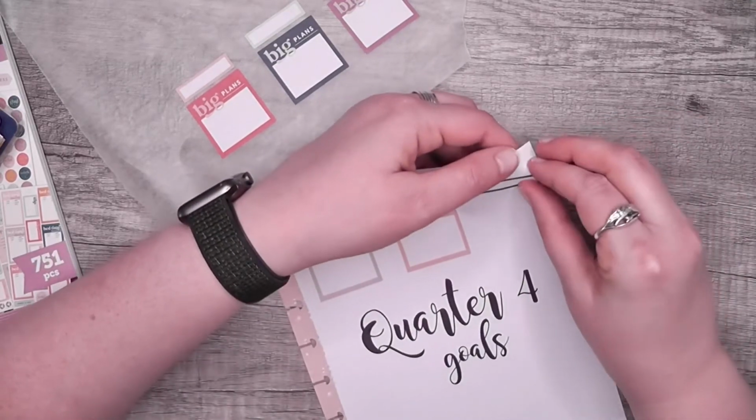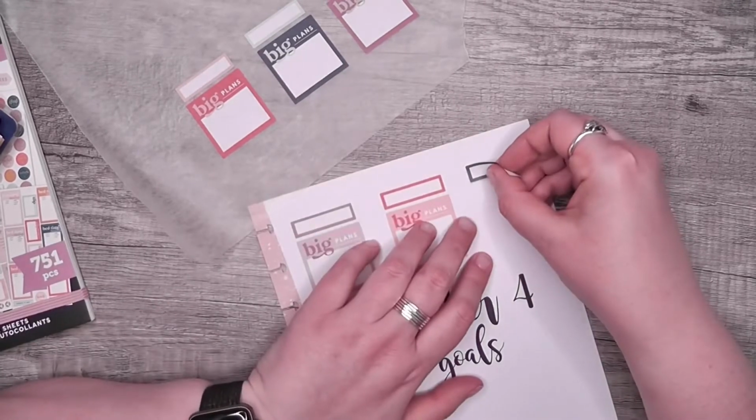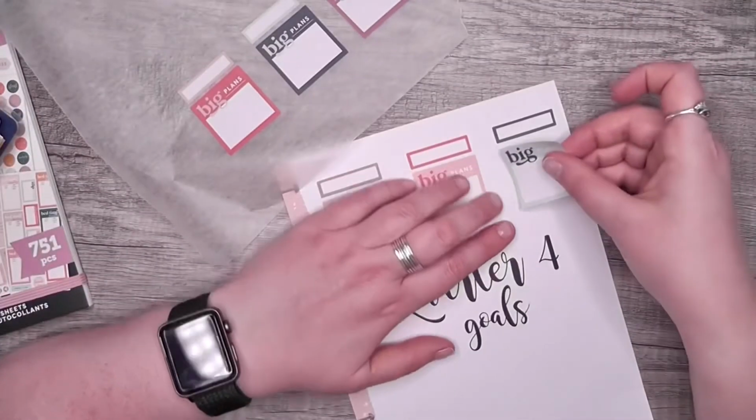Move it over just a little bit. Don't want it too close to the edge. There. And then, so,